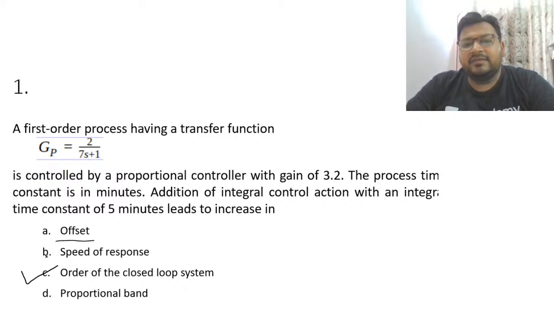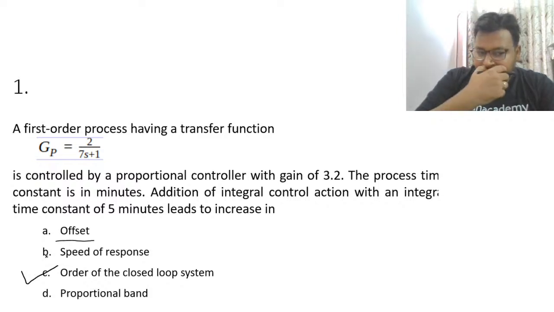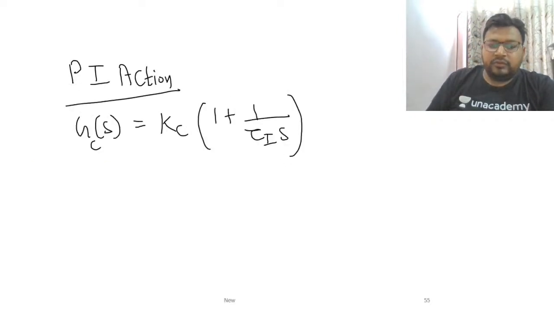Because P action has first order kinetics, and I action also has first order kinetics, if I combine both, then both will have a second order kinetics. So the order of the closed loop system will increase. Now we also know that the second order system